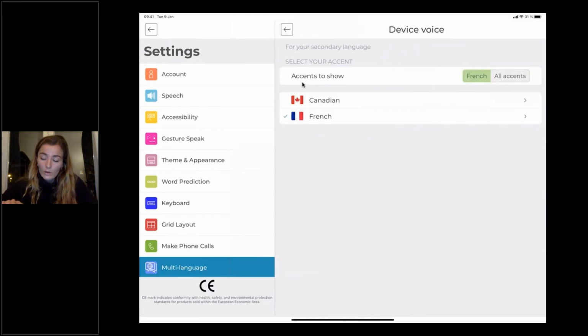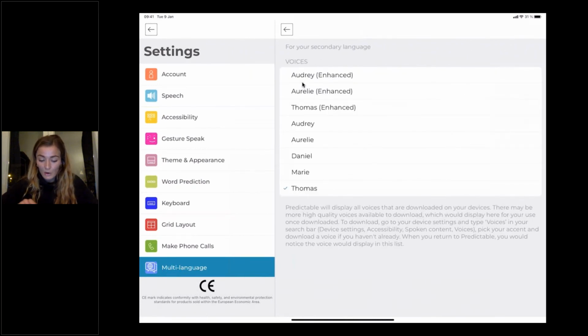These are all the voices that Apple offers. So we are limited to Apple voices, unfortunately. But that's already quite a wide range, as you can see. For the French language, I have 1, 2, 3, 4, 5, 6, 7, 8 voices available.